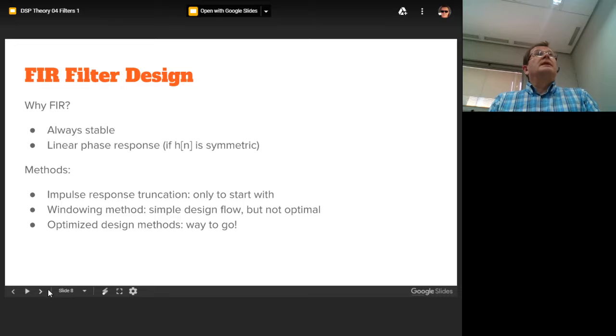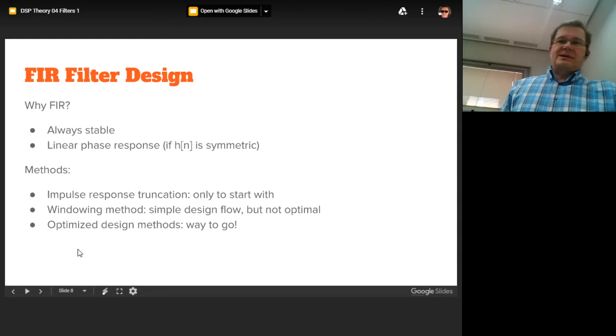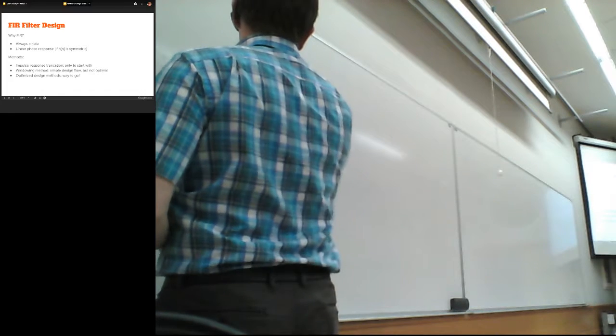Okay. Three methods. Impulse response truncation is not really a design method. It's one way to start to think about what we are talking about. So let me draw that one a little bit on the whiteboard then. This truncation method basically just means that we have a system,